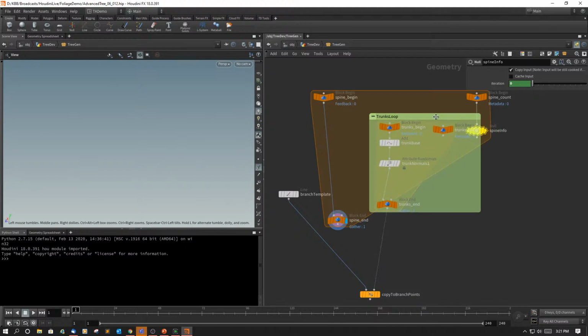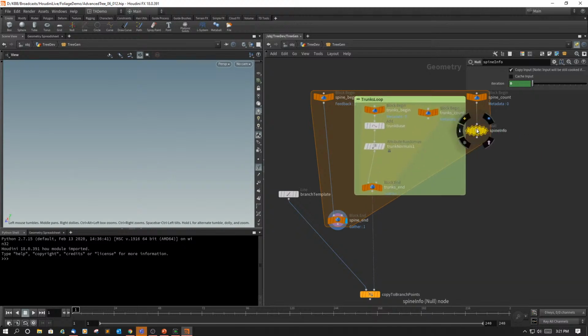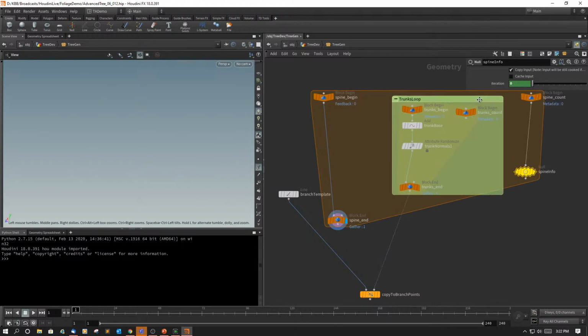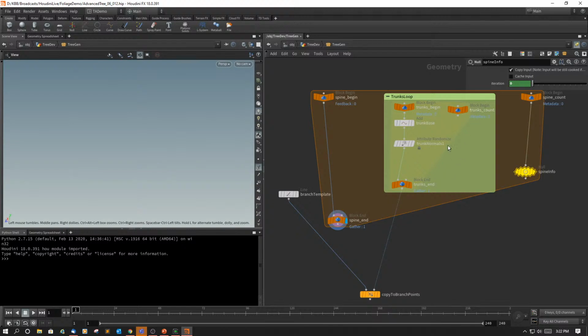I'm going to put my trunks loop right in the middle of here, and I'm going to use my spine info here to make this big and give us a lot more room here. Now where it says copy branches to points, I'm going to put this information right into there to the spine end, and look at that. We have